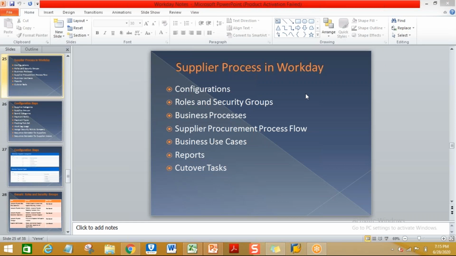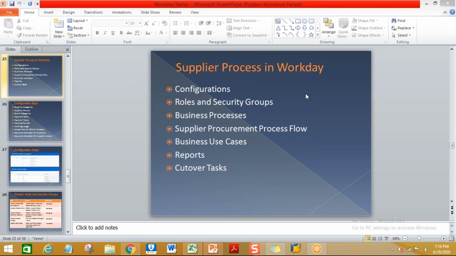So in the current application, which we generally call the legacy system, what activities are you doing? What type of procurements are you doing in your supplier process? How are you doing the supply related invoicing, the payments, what payment types are you using? All those things your service partner team will check with your core business users: how you set up in your current system, and how you are expecting it in the new system, Workday.